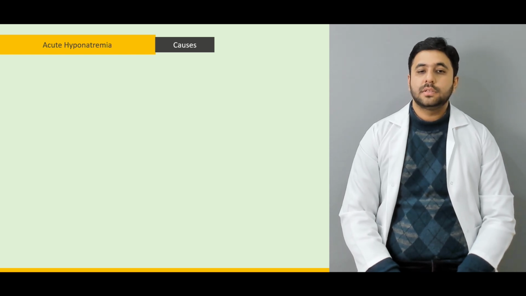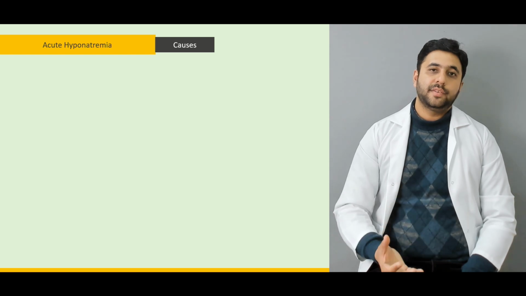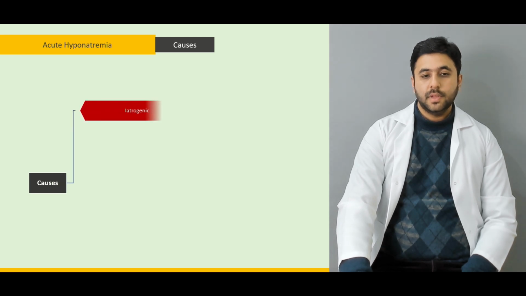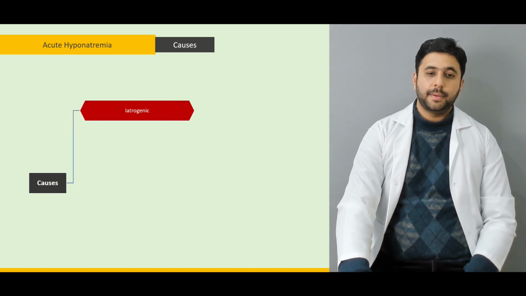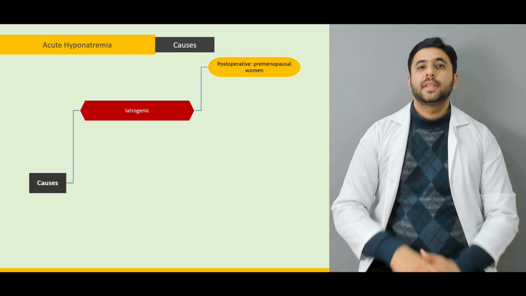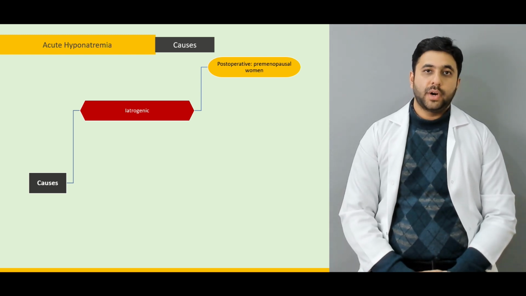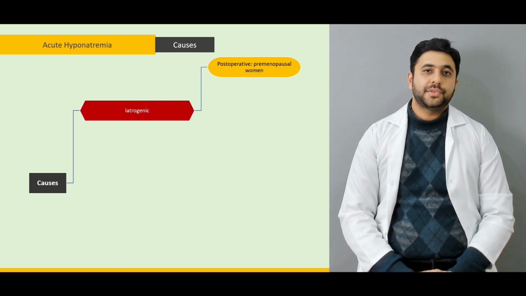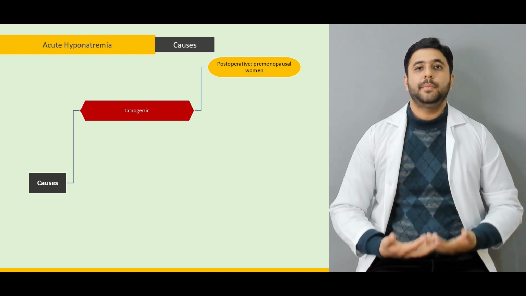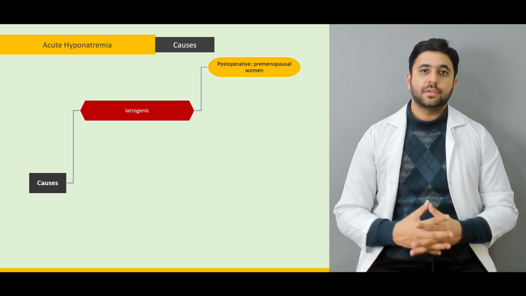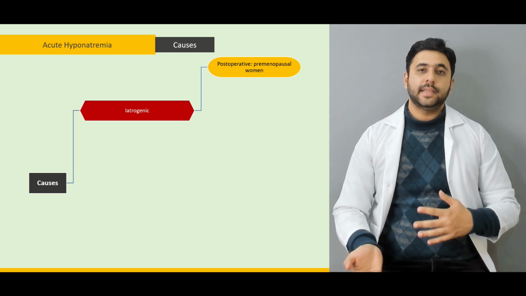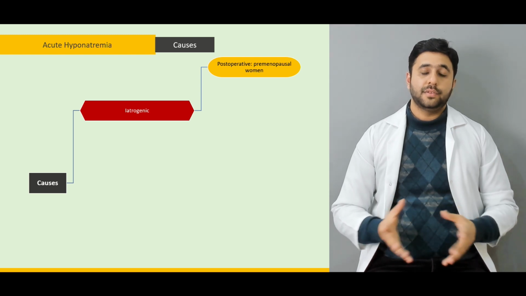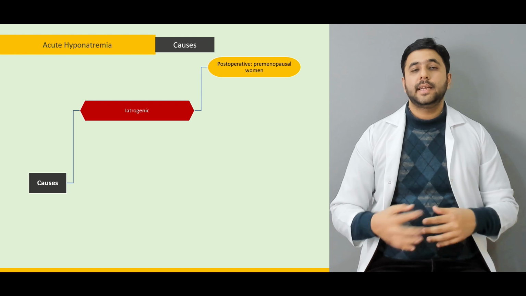What can be the various causes that can lead to a very acute or a very quick sodium loss or sodium dilution? The important ones to remember are the iatrogenic causes. For example, as you know, after any surgery, surgery is a stressful state. So after any stress, the stress hormones are activated. There will be an increased cortisol secretion, there will be an increased thyroid concentration, and similarly ADH will also be increased. So because of an increase in ADH post-surgery for 1 or 2 days, the body has an excess of